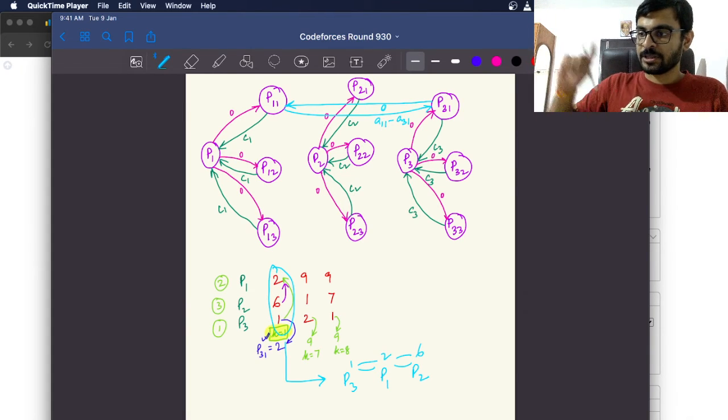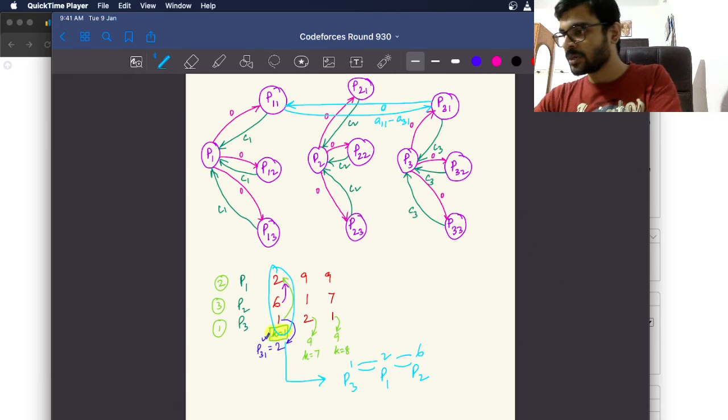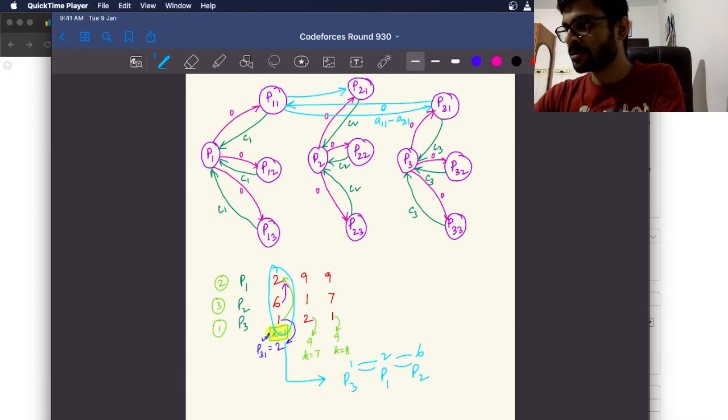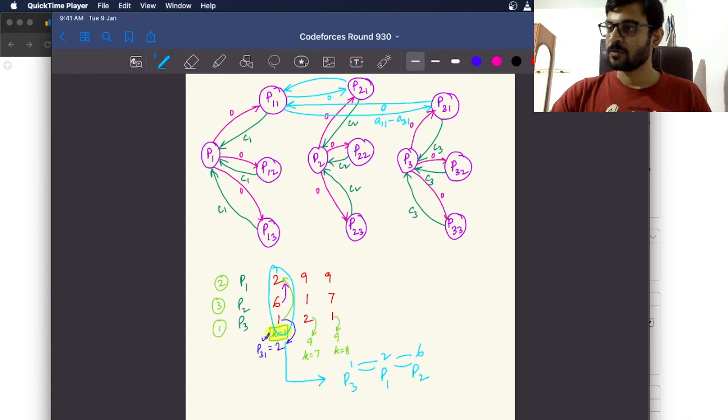Going forward from P3 to P2 and coming backward from P2 to P3, we will not have a cost between P3 and P2. Okay, so between P1 and P2 we will have this. Going forward from P1 to P2 will not cost me, because I am having a bigger party there. So this will be 0. And coming back from P2 to P1,